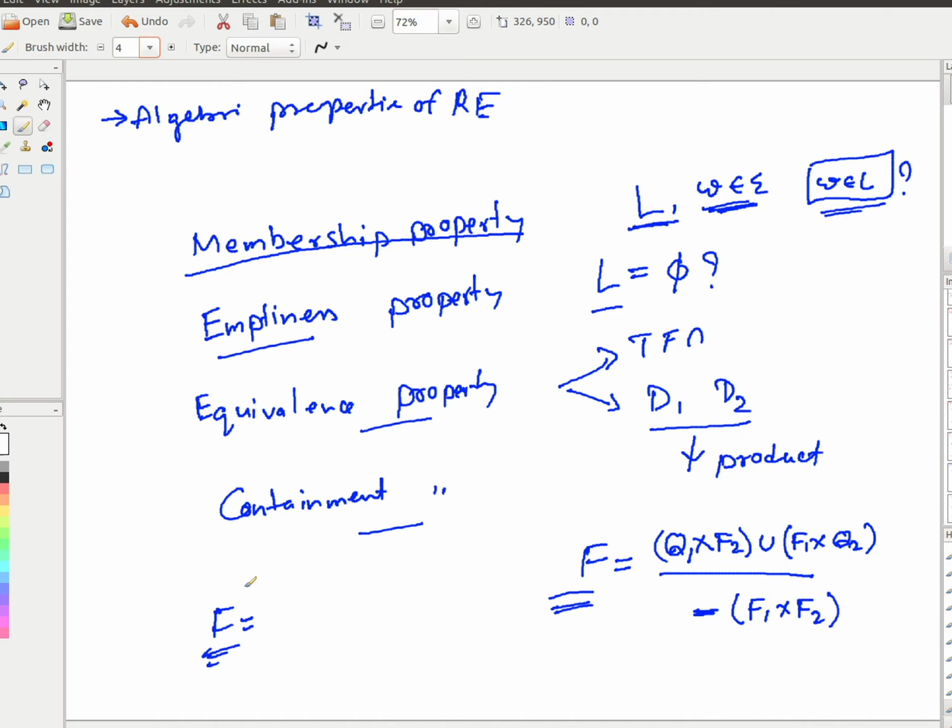Then we talked about decision properties and came to the infiniteness problem. We saw that if a language is infinite, it may or may not be regular, and to prove that a language is not regular, we use the pumping lemma. After the pumping lemma, we came to regular expressions. It is another way to represent regular languages, and it exactly represents the same set, because for every regular expression you can construct a DFA, and for every DFA you can construct an equivalent regular expression. And today we talked about DFA minimization. So this is all that is there for the regular